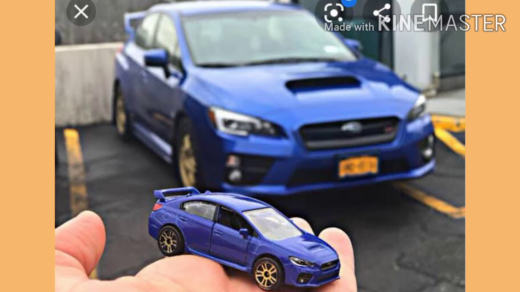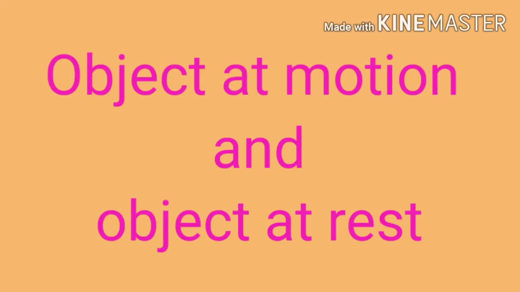Now you have to make a list of those things and then classify these objects into those which are moving and those which are at rest. Suppose a glass, chair, table. These things are not moving. Can you see these moving? No, these objects are not moving. Now the other things like a bicycle, a car, a cat, a butterfly, a cow, these things are moving.